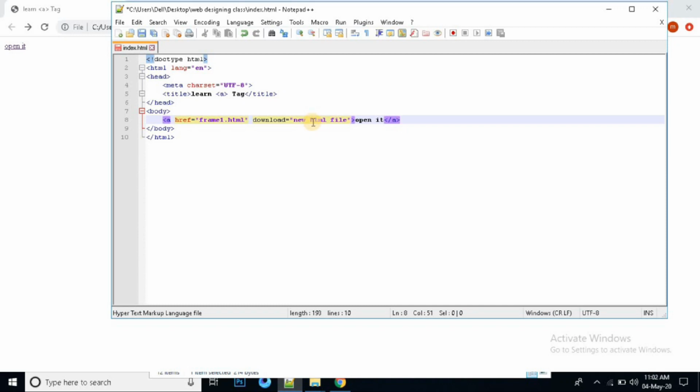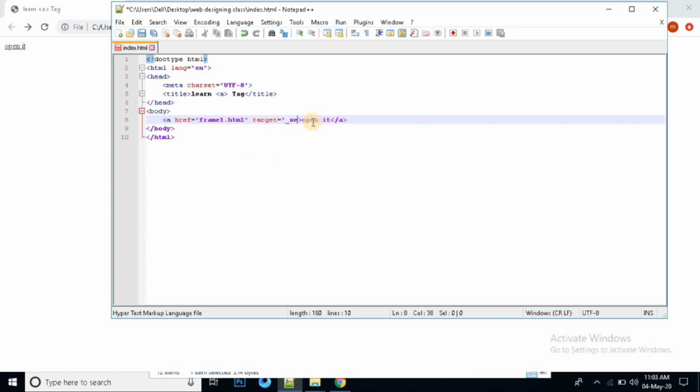Now we will see one of the most important attributes of the anchor tag, that is the target attribute. We can specify different values like blank, parent, self, top, and we can also give the frame name to be targeted.